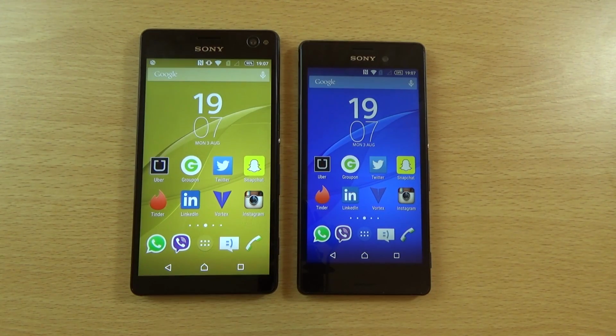I hope to get the new C5 and the M5 in. Can't believe Sony's replaced these two so quickly, but they do look pretty good nevertheless, and hope to get them in when they do